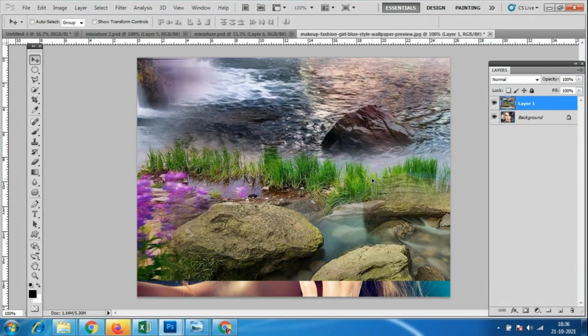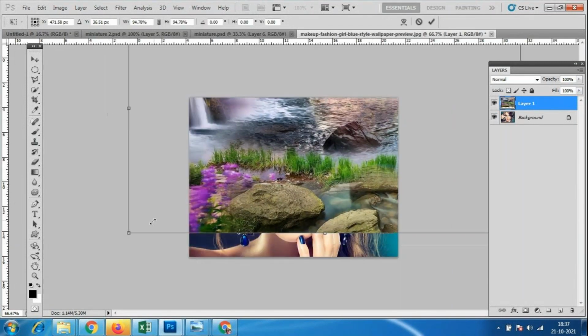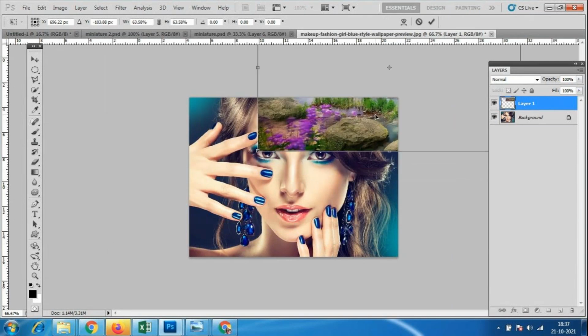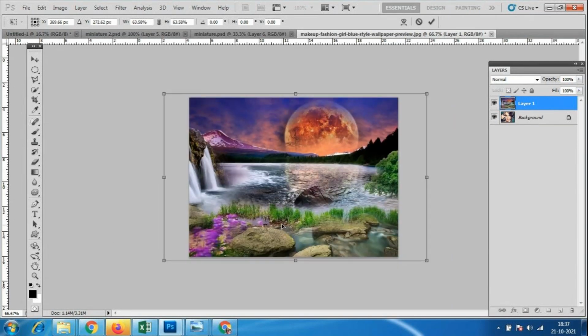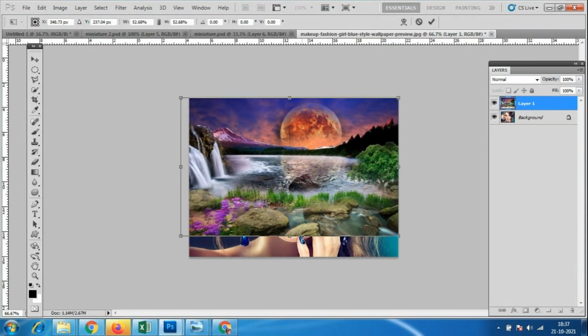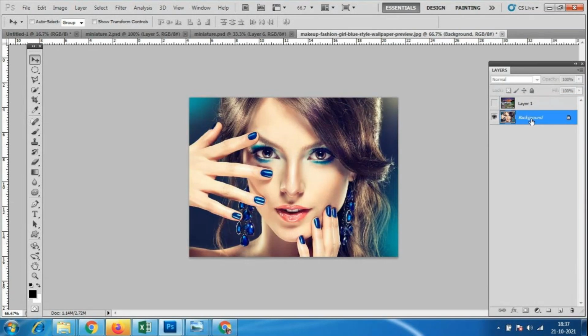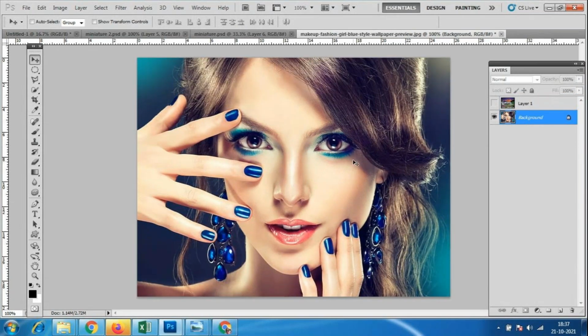Control T. What we did yesterday is the same thing only. I'll tell you people one more time. I'll go to this polygonal lasso tool and I will select the image face, as much as I want. So I'll select it this much.